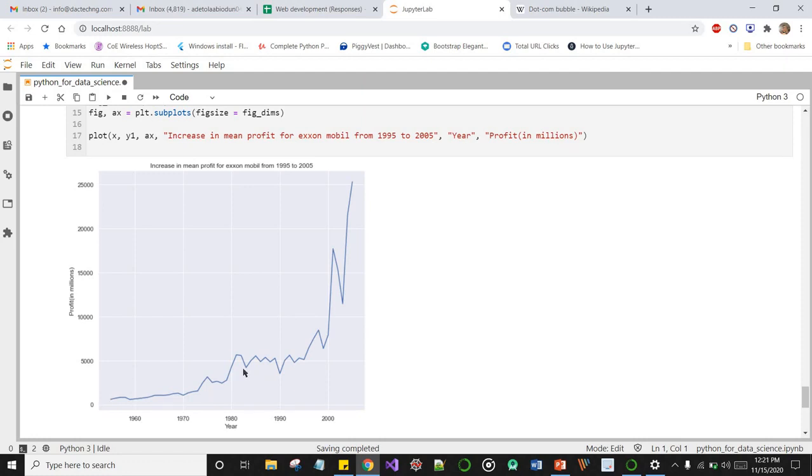Not too bad for ExxonMobil, but you can see there was an exponential increase at the end of the 90s, close to the millennium, year 2000.